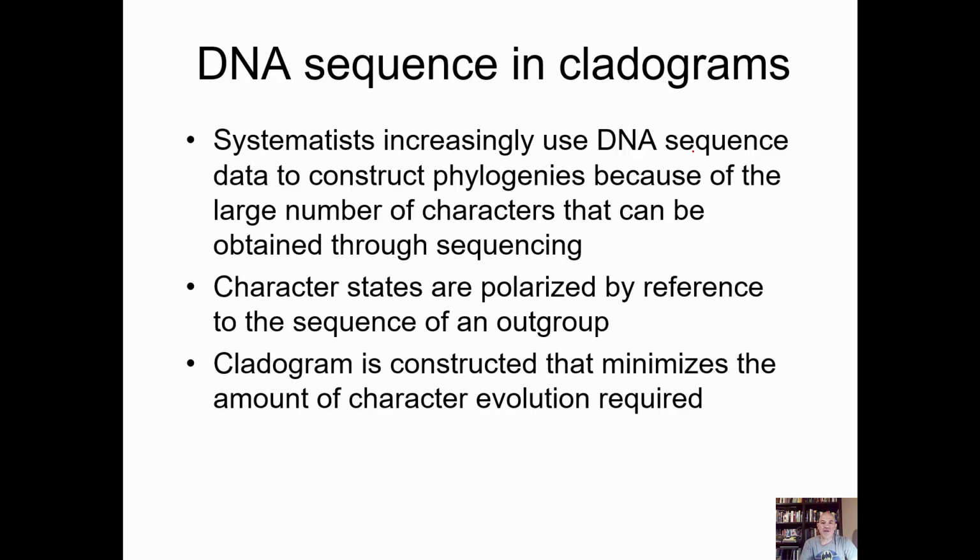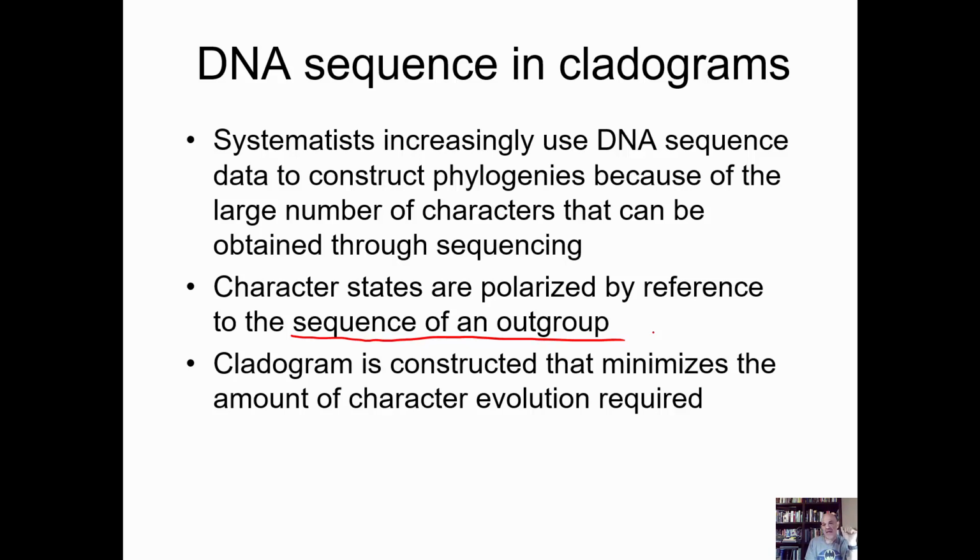Now the idea here is that you're going to compare your sequences for the groups you're studying with an outgroup sequence. So we're looking at a sequence of DNA that's found in a similar part of their genome, that the sequence of DNA is probably related to some specific kind of phenotypic characteristic that we observe,